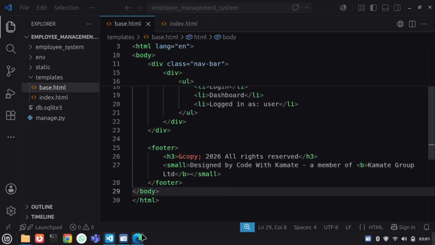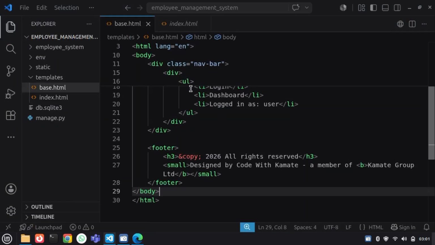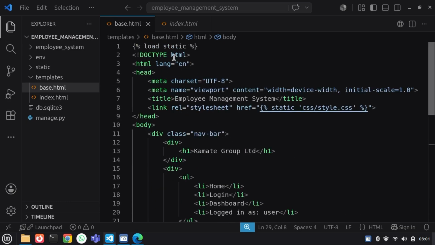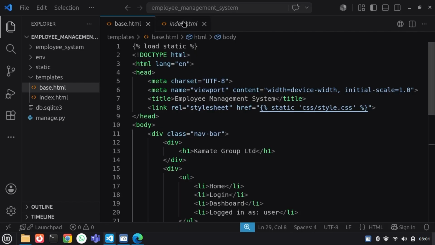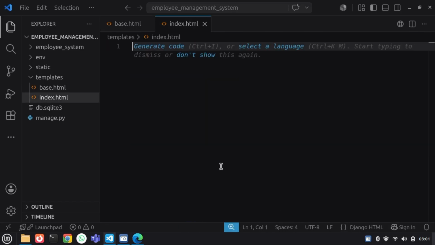Okay, so let's refresh our page. Oh, wait, if we refresh our page, we shall not be able to see this because this is base.html. So for us to see this, remember our home page is index.html. So we shall come to index.html. We can delete everything here, and then what we do, we first